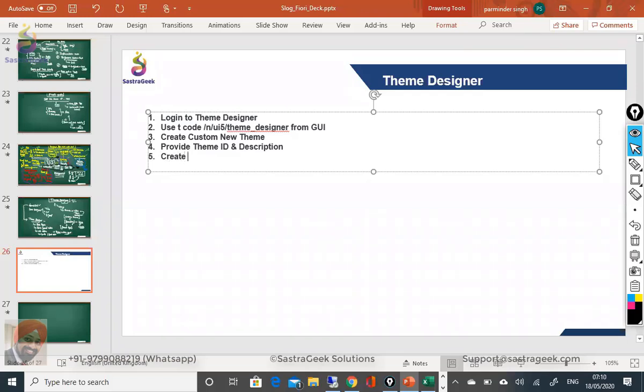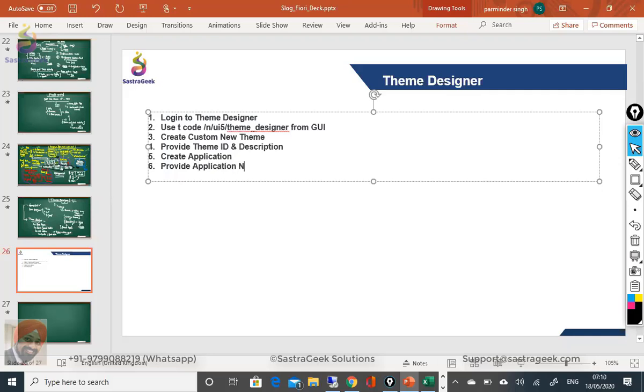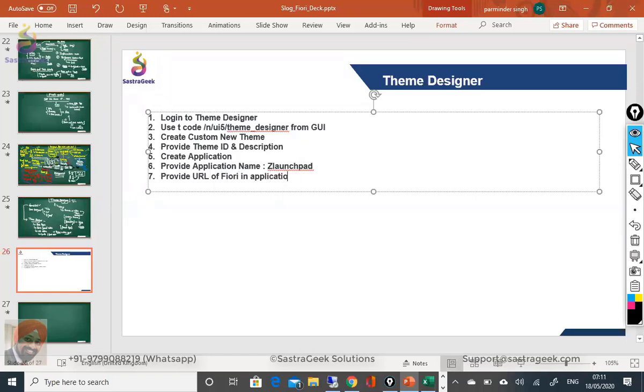create application, provide application name. Application name we have given Z Launchpad. And then what we have done, we need to provide the URL of Fiori in application. And then you would be able to do the change,